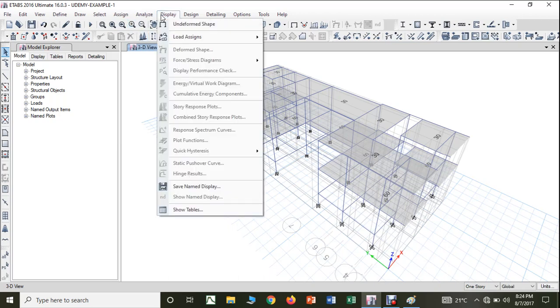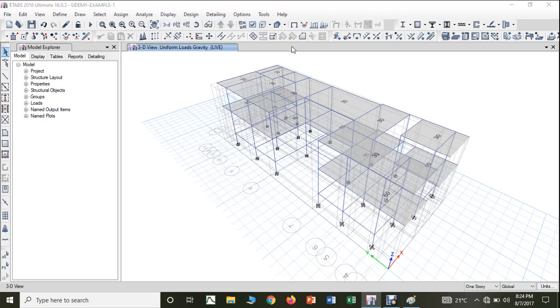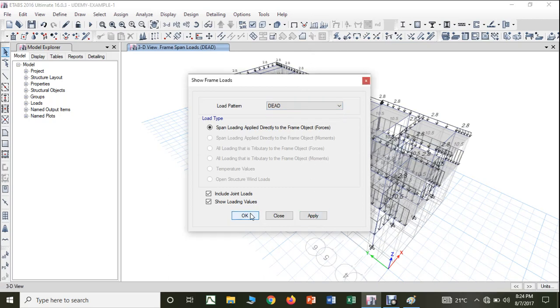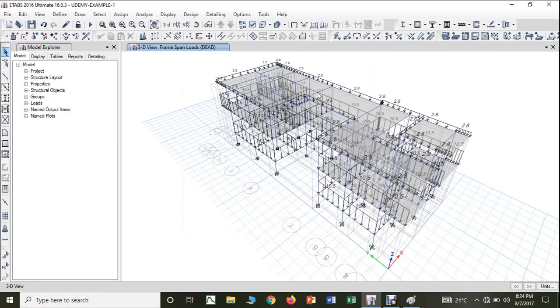So I will go to display, I will go to load assigns. First let me check for the frame load. So when it is applied on the beams, there is no application of live loads. So all are applied under dead only. So no live load is applied. So therefore I will give apply, I will give OK. You can see that all the dead loads on the beams have appeared. So everything is proper. Here it is higher, here it is the same, and here it is less, because